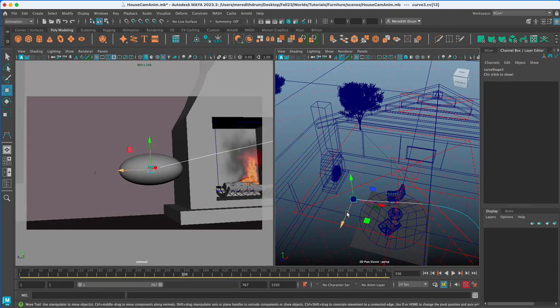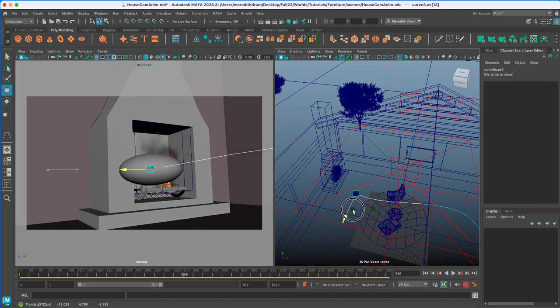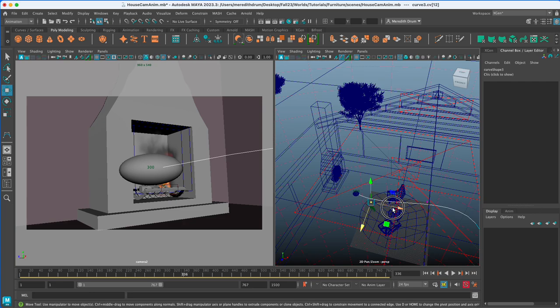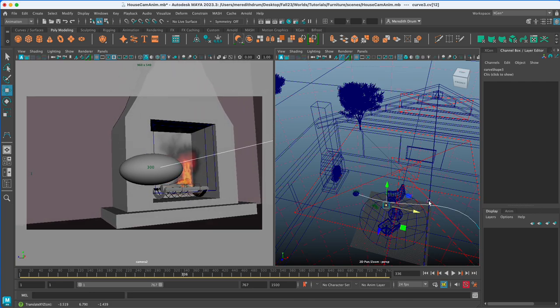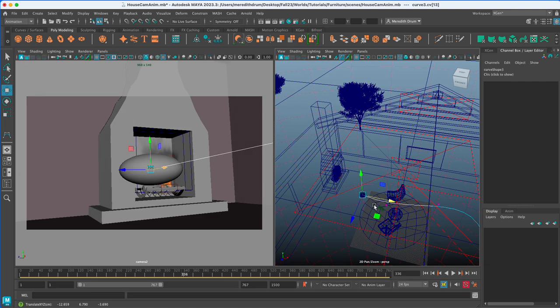It's up to you. You could have this one move back if you wish. You can move in between these points with your arrow keys on your keyboard.